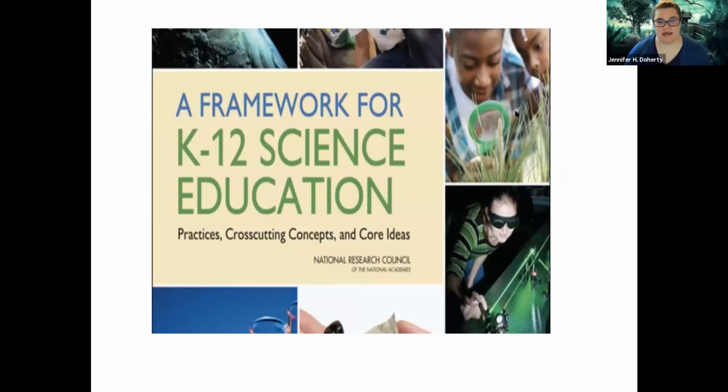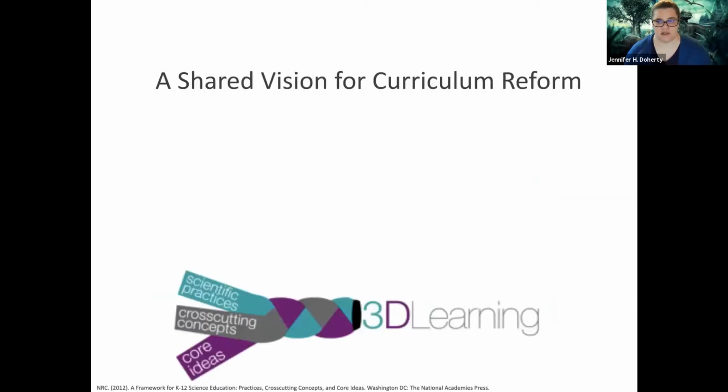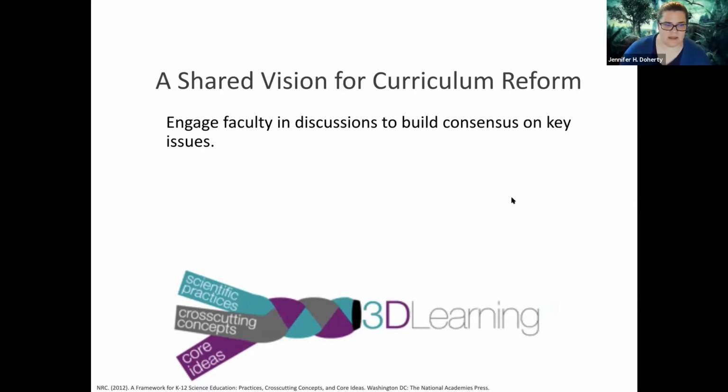And from that conversation about the NRC framework came this report, Practices, Cross-Cutting Concepts, and Core Ideas Across All K-12 Science. And so just some more words about that, because that 3-dimensional report is where we really jumped off from for the 4DEE framework in ecology and having 4 dimensions.